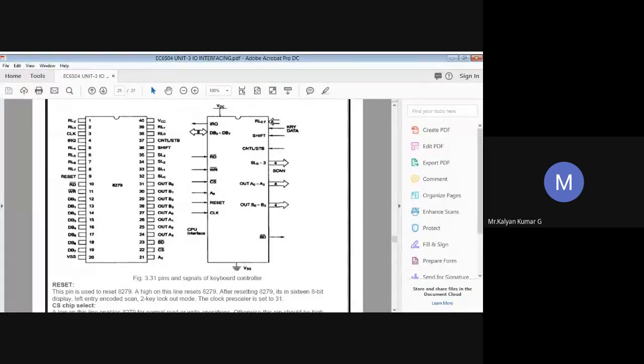And read and write, pin numbers 10 and 11. As usual, read is an active low signal, so it will be activated from the microprocessor to